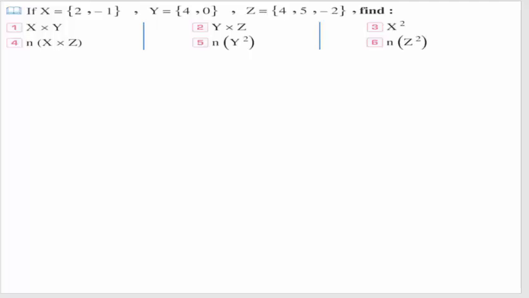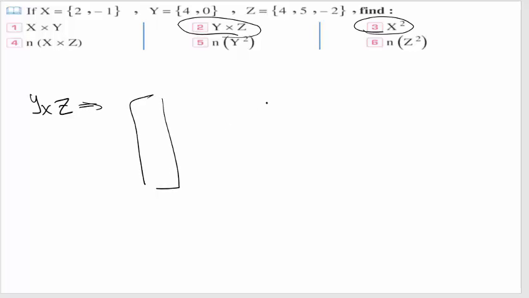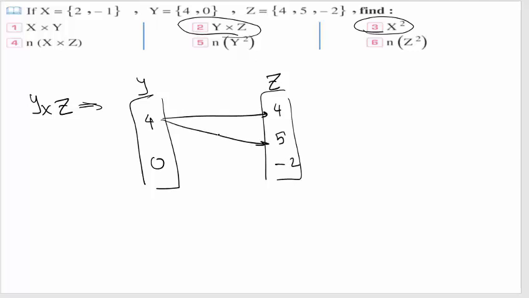The next example is the same example, but how to represent x squared. I wrote it again to show you how to represent x squared or y product z as an arrow diagram or as a Cartesian diagram. To find y product z as an arrow diagram, I will start with y and go to z. Y has 4 and 0, and z has 4, 5, negative 2. So I will join this